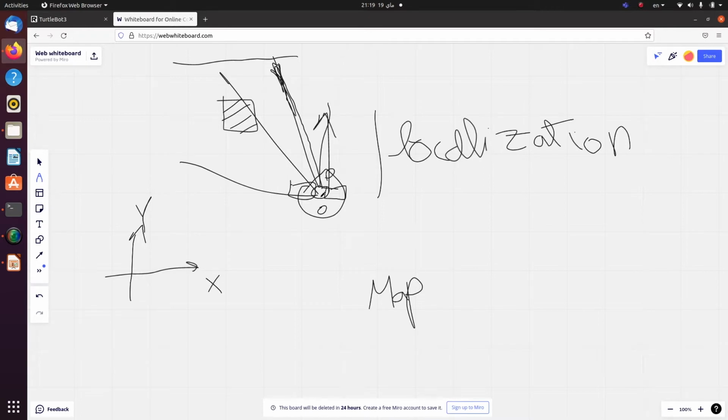Sometimes LIDARs just send beams in a span of 180 degrees instead of the full 360 degrees, but let's just assume that we have a LIDAR that produces beams and keeps rotating. It's like shooting laser beams and rotating at the same time. So we get a local map which determines the current observations in my environment,